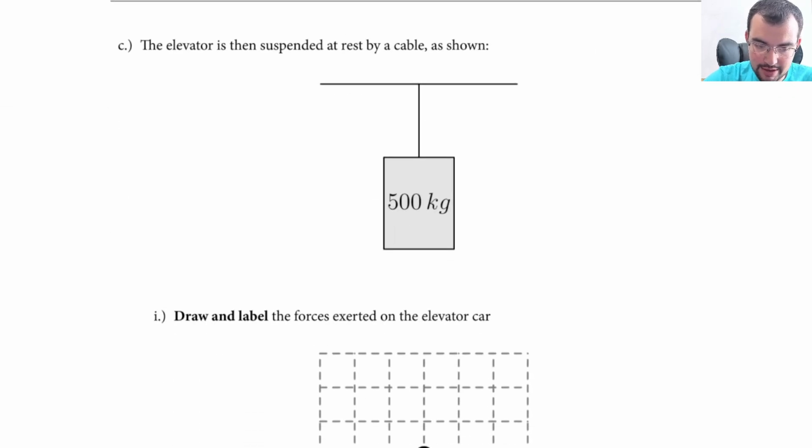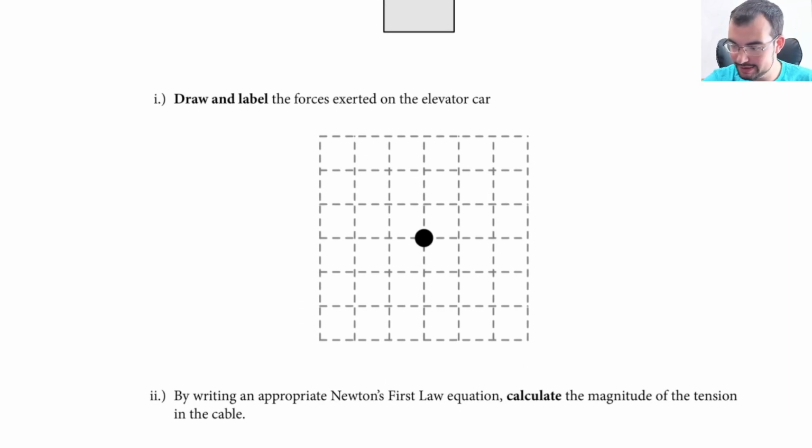All right, suppose instead we just lift the elevator off the ground but suspend it by a cable. Okay, well, the elevator car is still on Earth. I should draw this the same as I did last time, not like the mass of the elevator car changed. So I'm drawing the same 2-tick FG. The actual choices you use on your grid don't matter as long as you're consistent, because you're not given a numeric scale. But the elevator car definitely is not